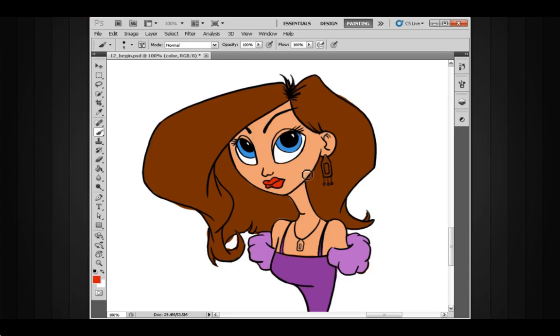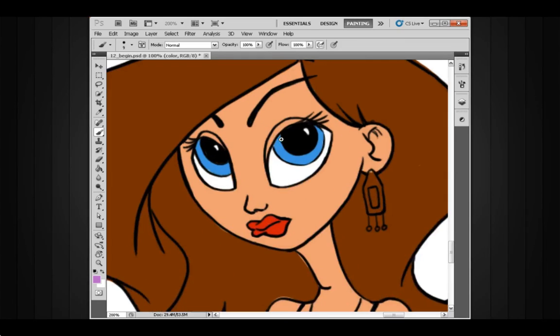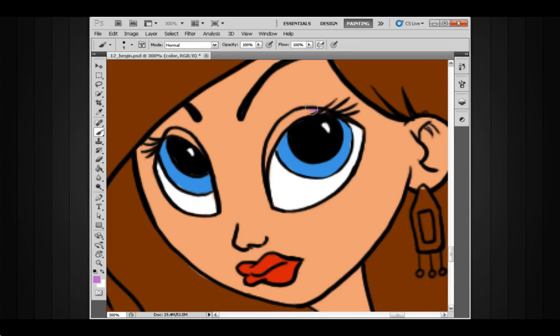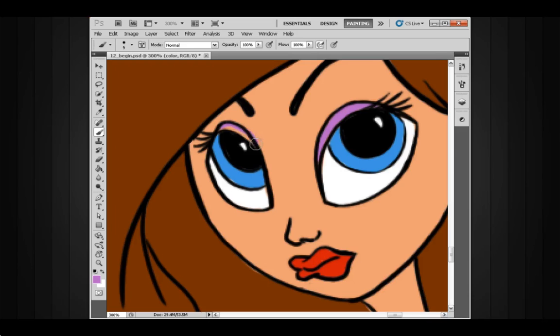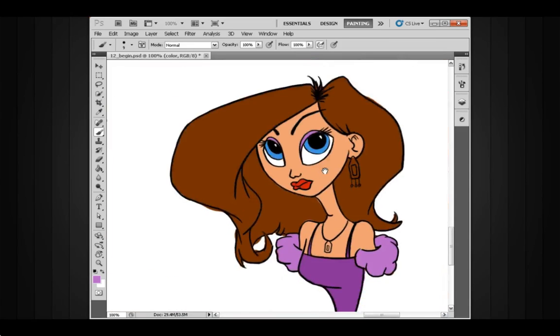Alright, so I may come over here and just sample this light purple, and maybe we actually put that on her eyelids as sort of an eyeshadow here. So let me just paint that in here. Alright, so really